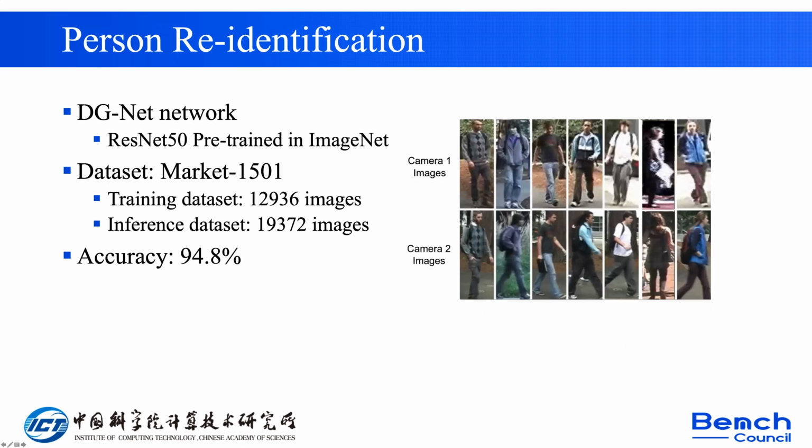In this scenario, we choose two AI tasks. The first one is person identification. We choose person identification aiming to establish identity correspondences across different joint cameras. For this task, we choose the DGNet network and the ResNet 50 pre-trained model, and we choose Market 15.1 as the dataset, and our reported accuracy is